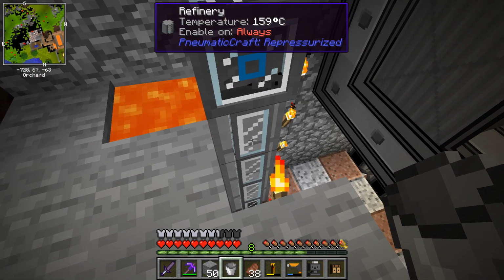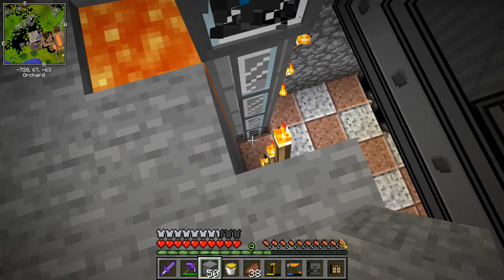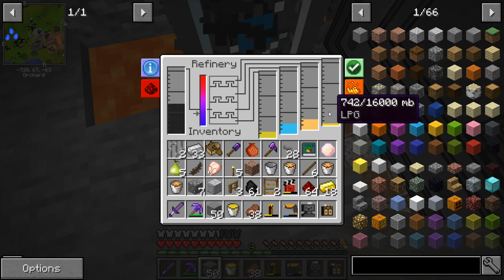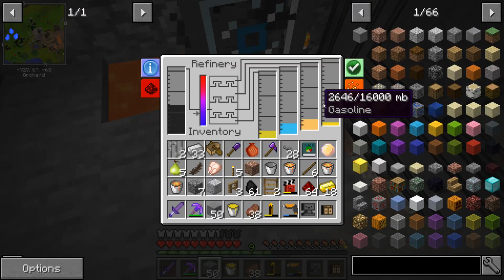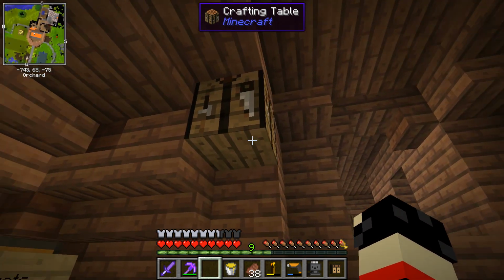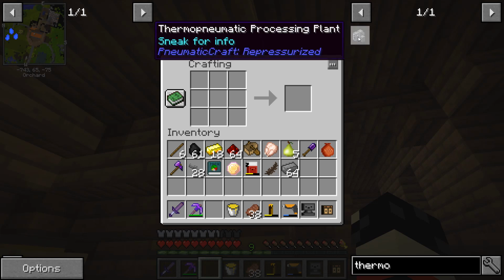There we go. And you extract each one of these based on the tier. So if you want, you know, the diesel on the bottom, kerosene, then gasoline, and LPG at the top. And what I did was I grabbed the LPG. While we wait for our oil to process, we can go ahead and start working on, here we go, our